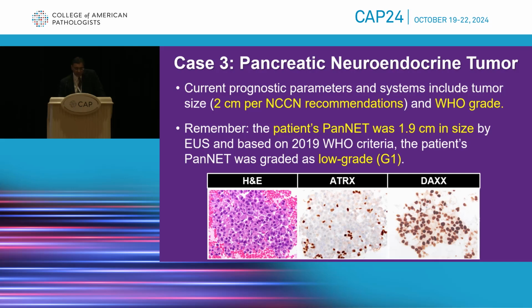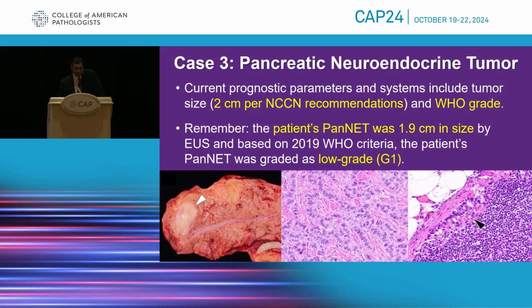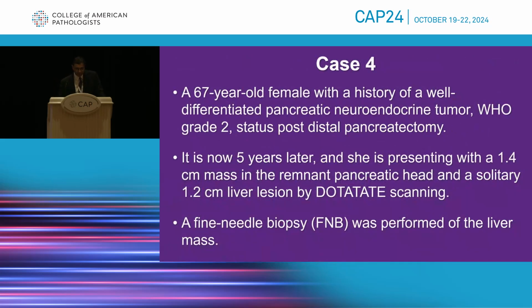And so with that information, the patient made an informed decision to undergo a distal pancreatectomy, which revealed the G1 neuroendocrine tumor, so no surprise, 1.9 centimeters, basically as expected, as we had discussed itself. But there was microscopic metastatic disease in one of about 16 lymph nodes. And so one could argue that certainly we've maybe caught it in time. It's now hit one of the lymph nodes, but who knows what to say. But one of the great things about this is now we're starting to gain traction again in ideas and understanding the prognosis of these neuroendocrine tumors, that there are molecular markers that will underpin how they act overall in this patient. And so why don't we go to the last case so I don't try to confuse you completely about